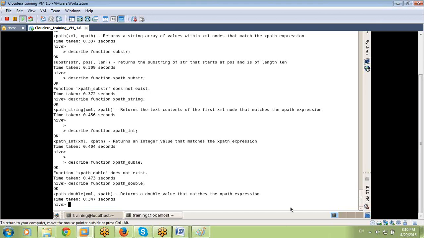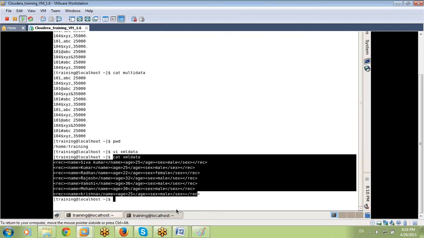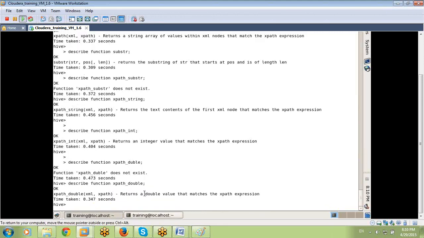Now you tell me, friends, step by step, how to clean XML data. My file is cat XML data. This is the file in the local file system. Please go ahead.